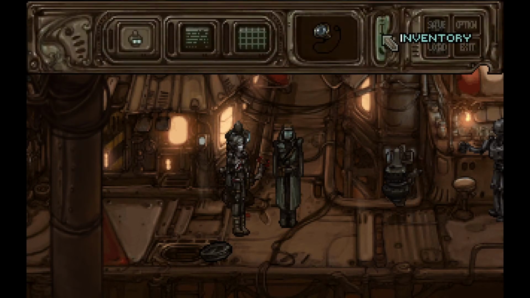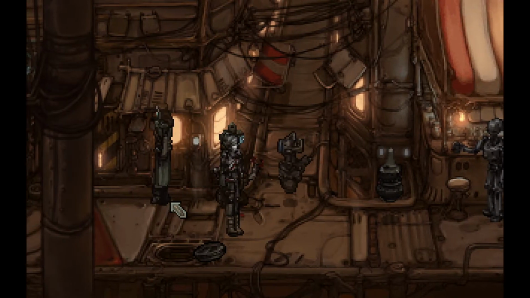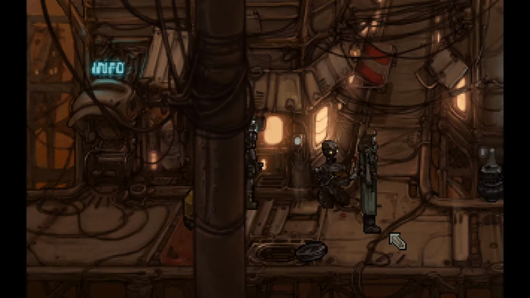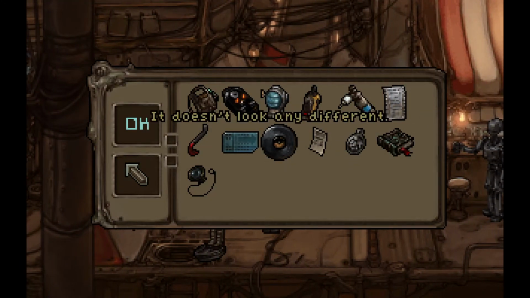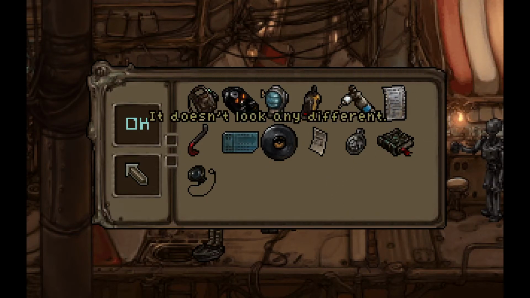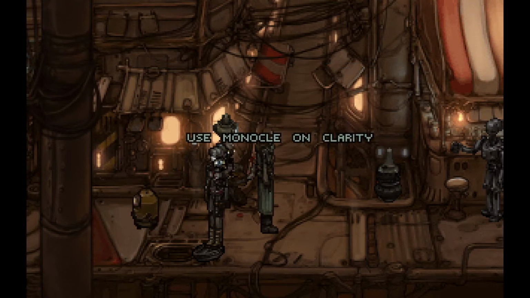Last episode we got this very interesting monocle that lets us see things differently, at least on this kiosk. I'm not sure if that's going to be used anywhere else. I would hope so, because it also worked on this piece of paper. I do want to see if I can use it on something, so we're probably going to run around and just...